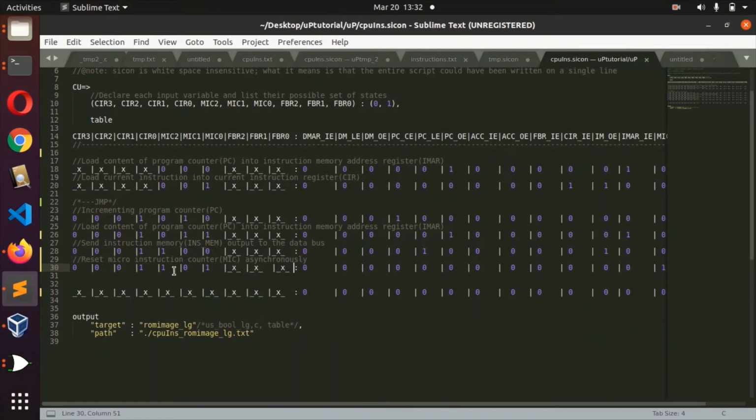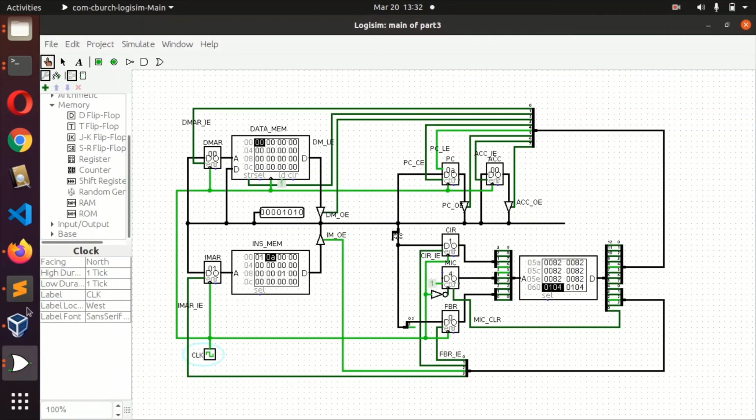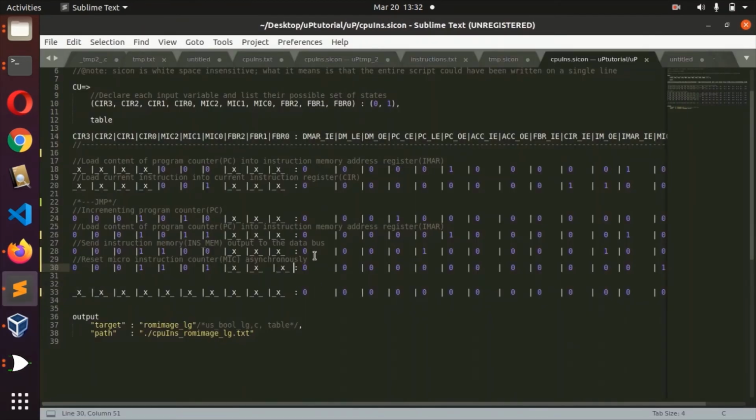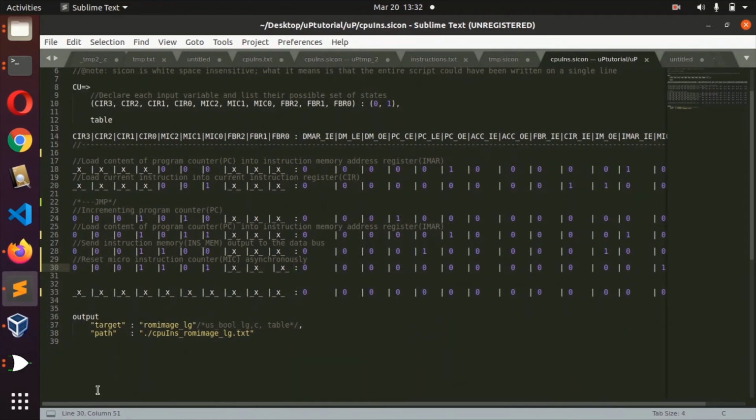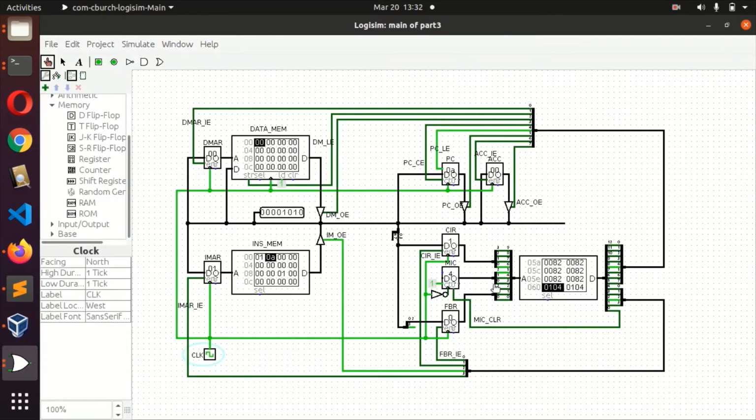We expect to go to step 101. But unfortunately, because the operation at step 101 is an asynchronous operation, you will never see the micro instruction counter reach it. On the falling edge, it will go back to 0 because it cleared the micro instruction counter to 0. So that's why you don't see step 101, but it will